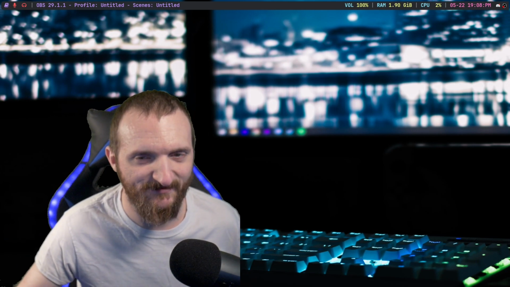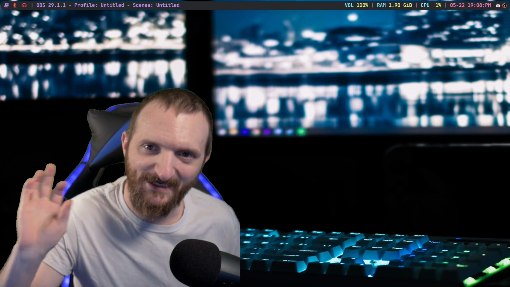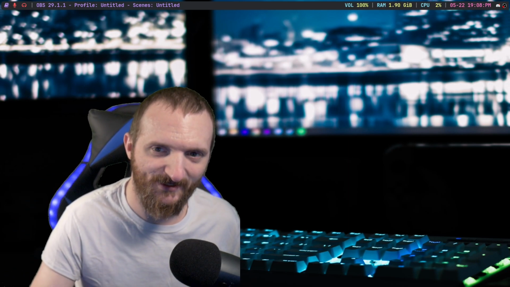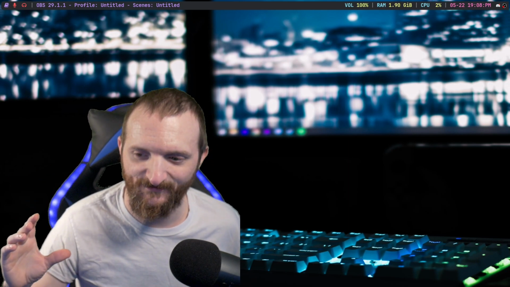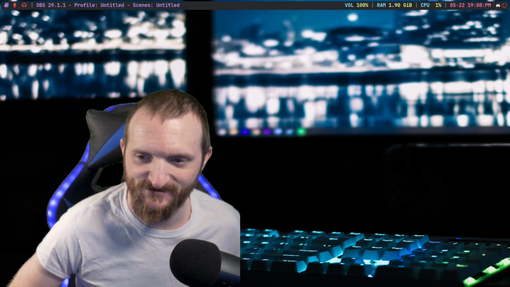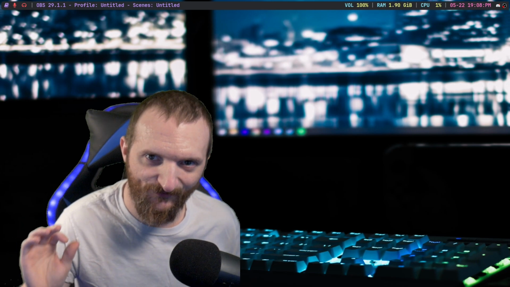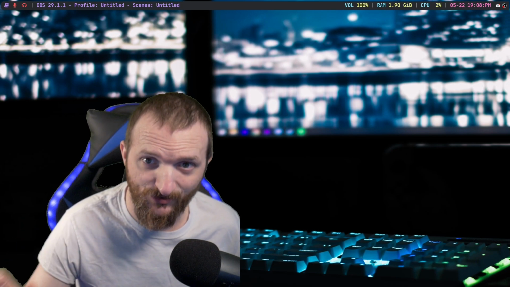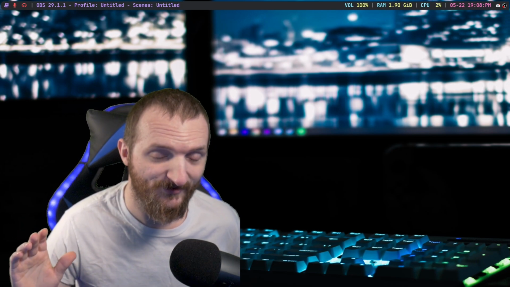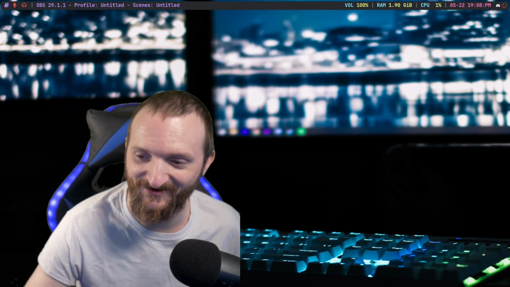But at the same time, each choice that you make in these little categories of software choices, if you're a tinkerer, you have some work to do, right?